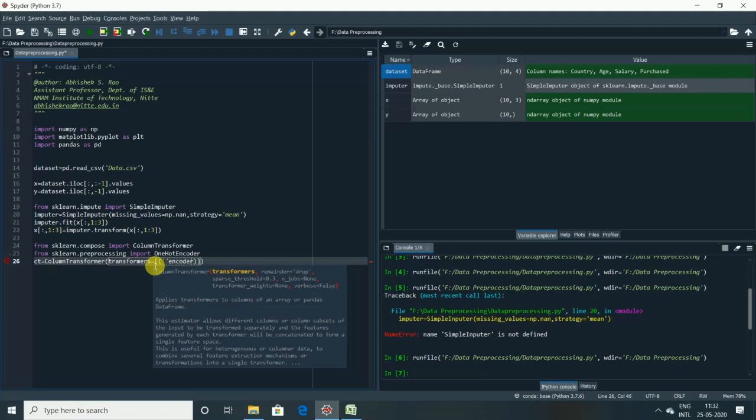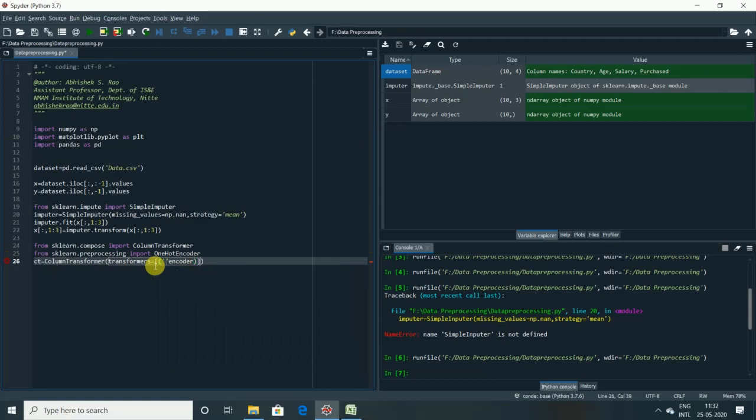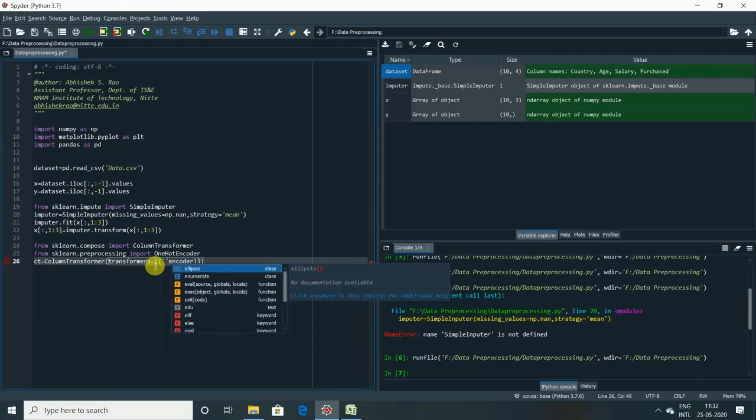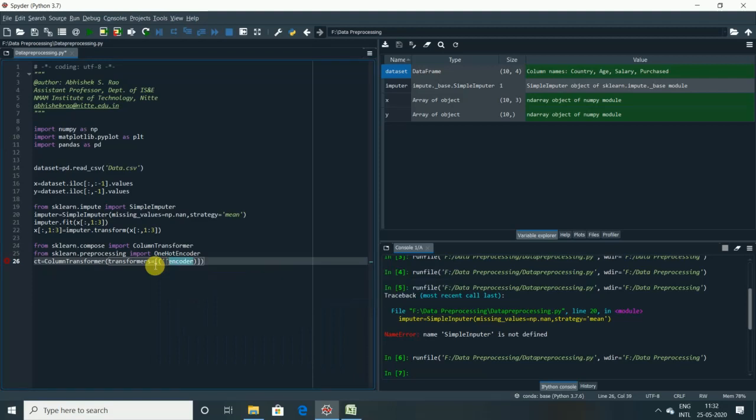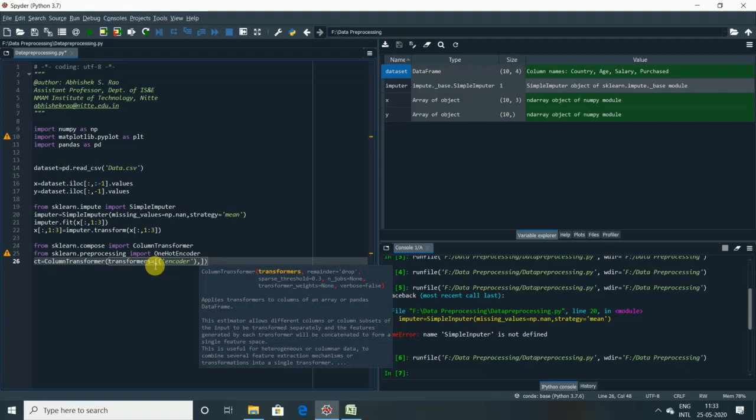I want to apply the encoder, and the type of the encoder will be one hot encoder.